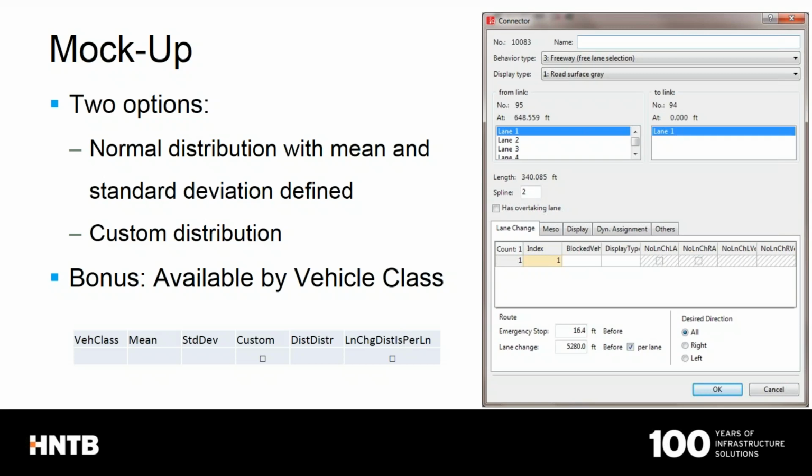Or you could have a checkbox that says, I don't want to use a normal distribution, I want to use a custom distribution, and that would pull from one of your distance distributions that's defined elsewhere within Vissim. And then I would still keep the lane change distance per lane feature that currently exists. So with that,